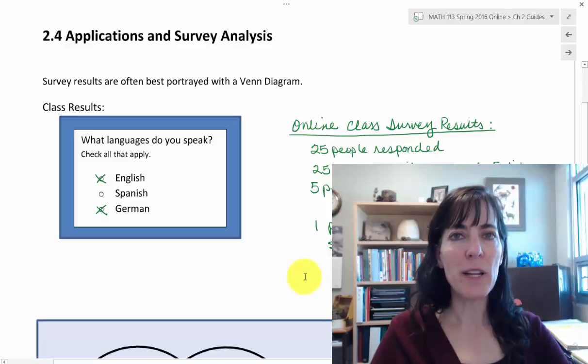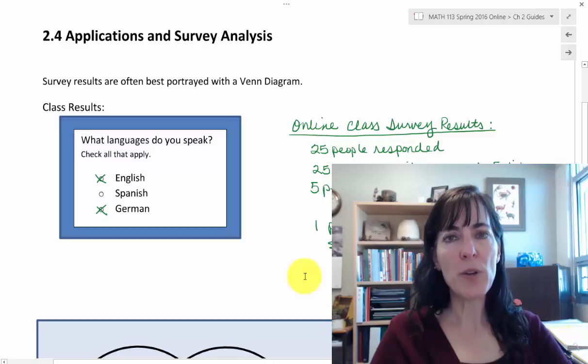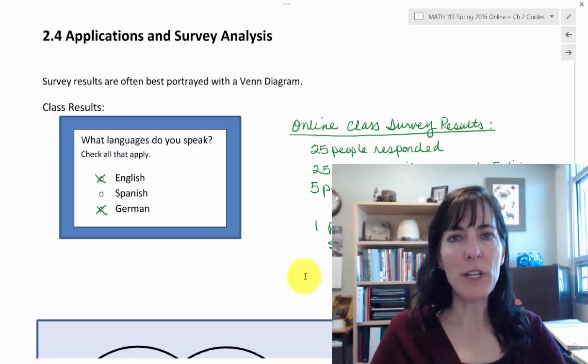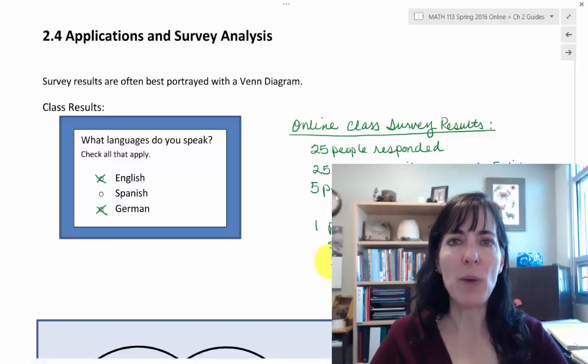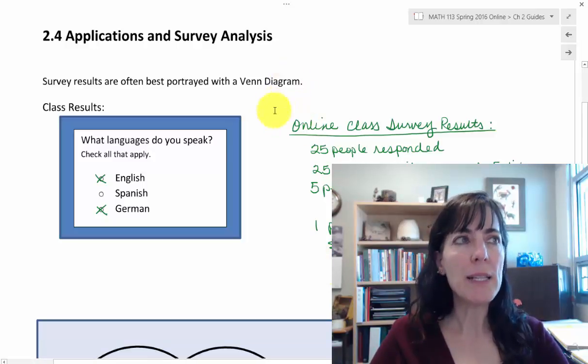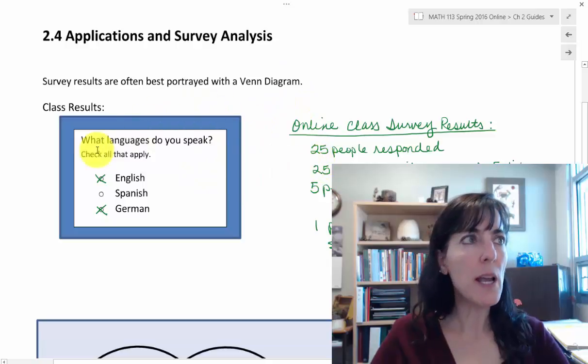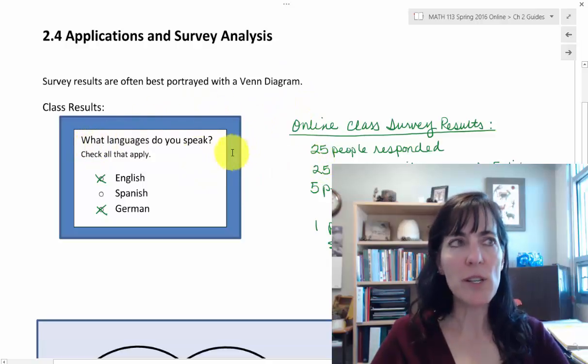Applications and survey analysis. We can use Venn diagrams to help illustrate the results of a survey, just like we could for information that we're given. And so we'll look in this section at how we can use the Venn diagram to illustrate how people responded to our survey. I did a survey with our students and I asked what languages do you speak,